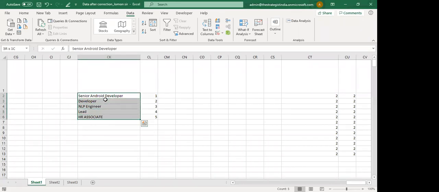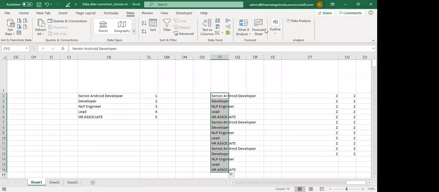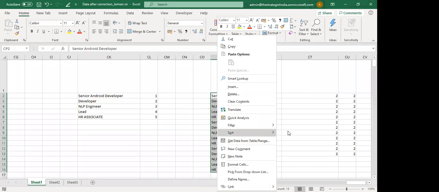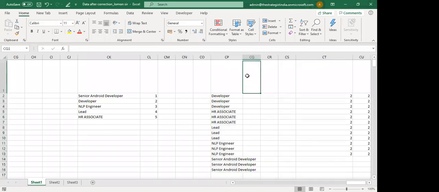And you are getting the survey result. Just assume this is the survey result. Then I am changing the order by sorting it. Right click, sort A to Z. So I just sorted. So here I need the code. You want to do the code. The problem is